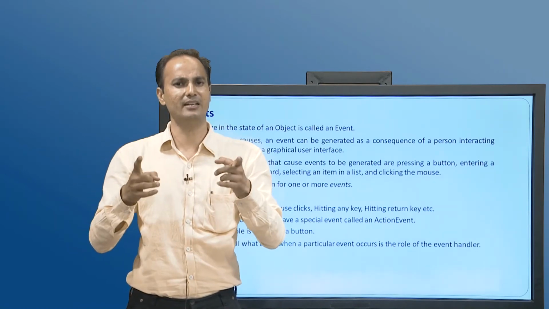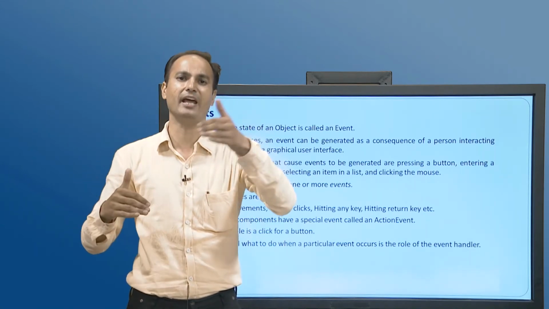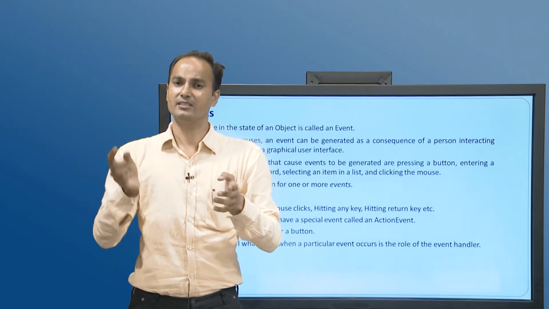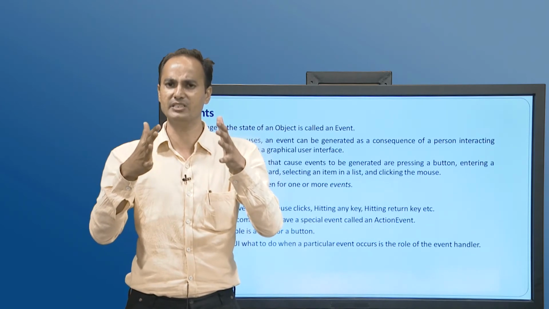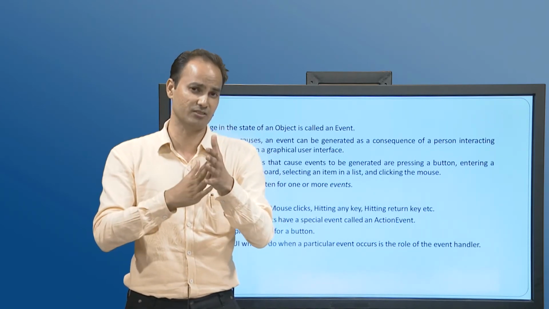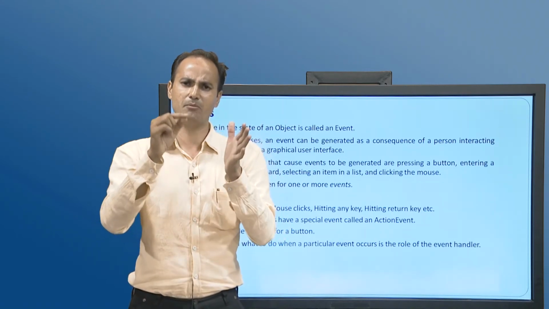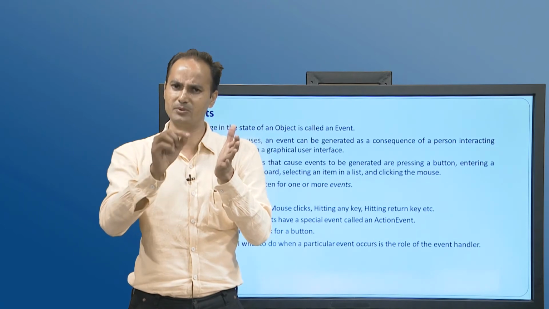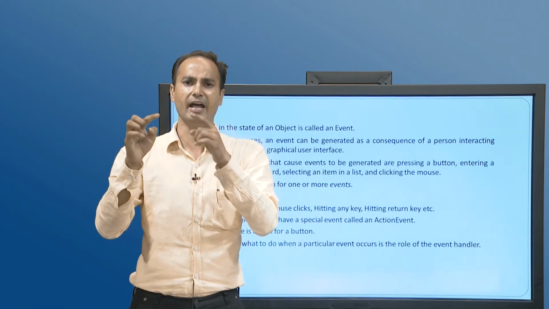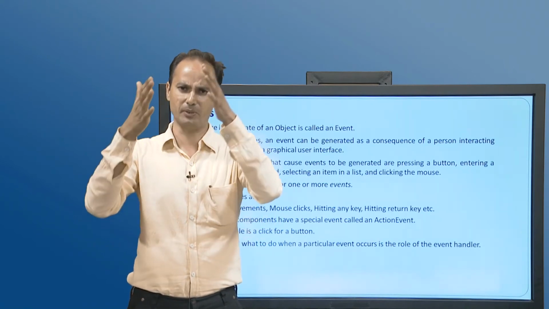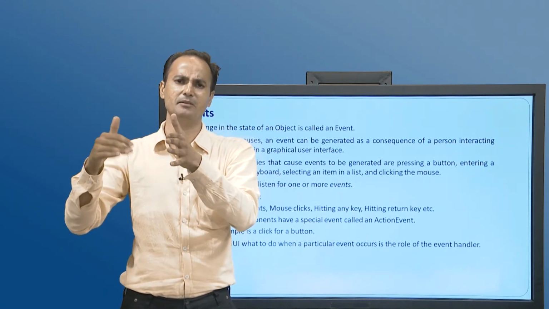But the question remains the same: how will the action listener get notifications from the action events? For that, the particular listener has to register with the source. Which is the source in our case? The button is the source of the event. Suppose we have an example, Button B is equal to new Button. So, B is an object, B is a source of an event. We have to write B.addActionListener, passing this as an argument, which refers to the same class in which we are handling the event.